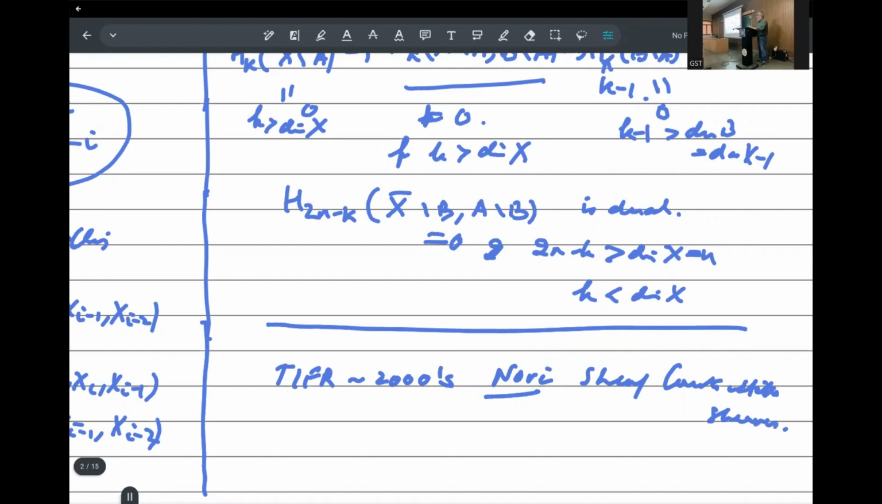So this is maybe, I don't know how much time. Yeah, I'm almost done. So maybe I don't have too much detail to go over in this proof about the